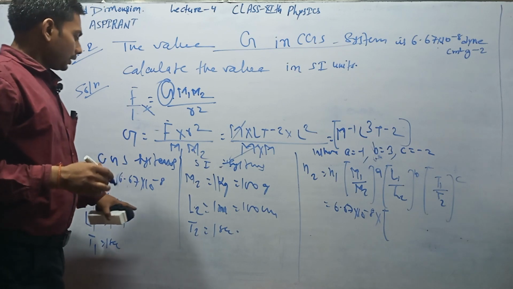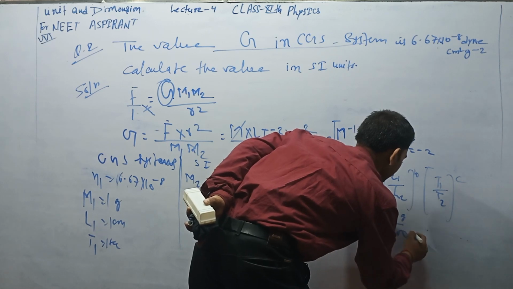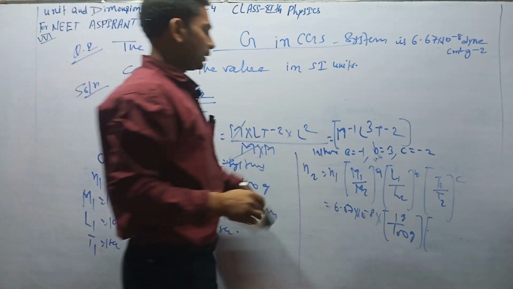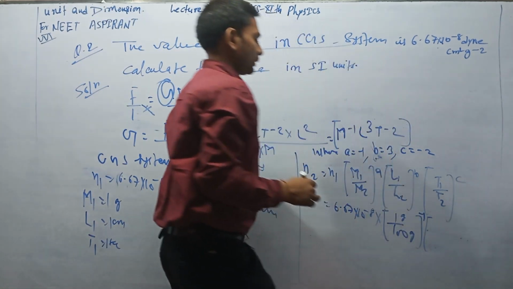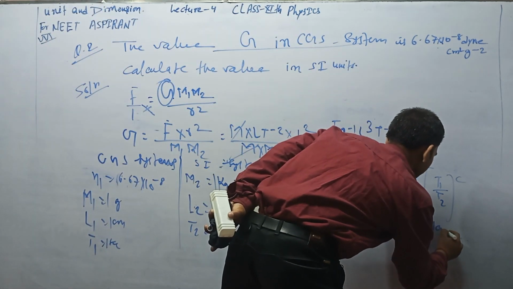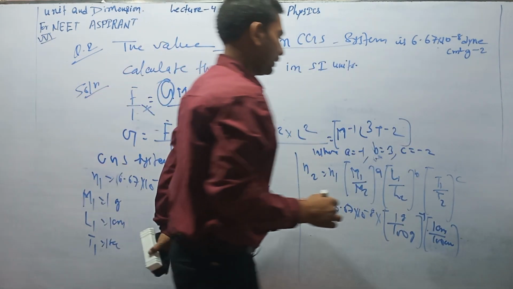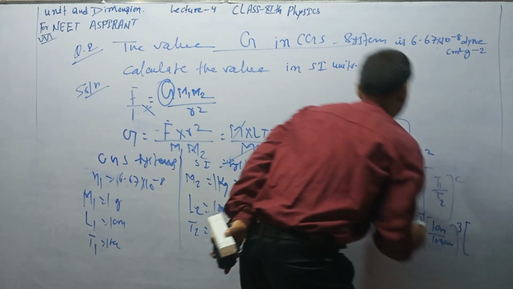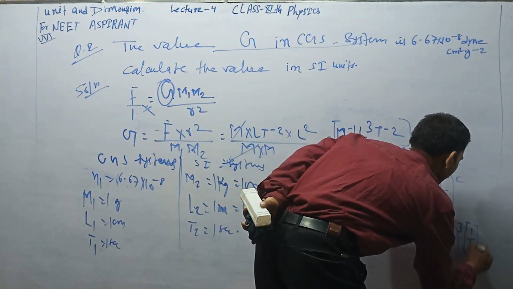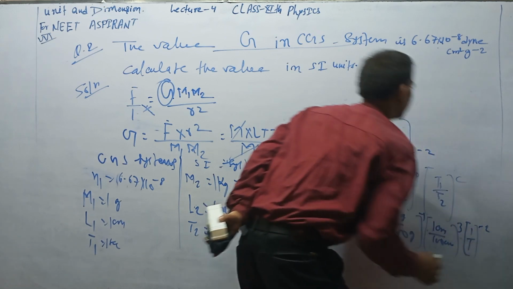Now 1 gram, M2 100 gram, so 1 by 100 gram to the power of minus 1, and L2 1 centimeter upon 100 centimeter, power of 3, and T1 1 upon 1, power of minus 2. So now